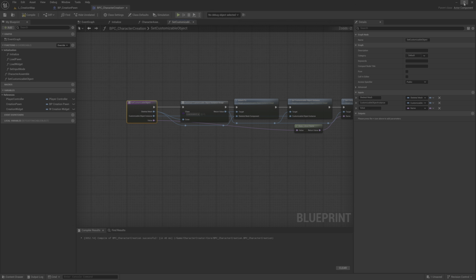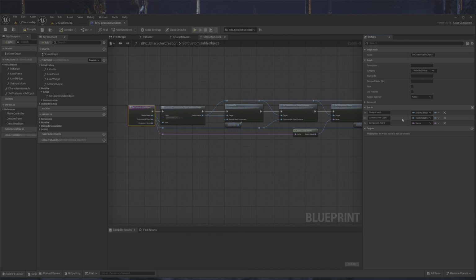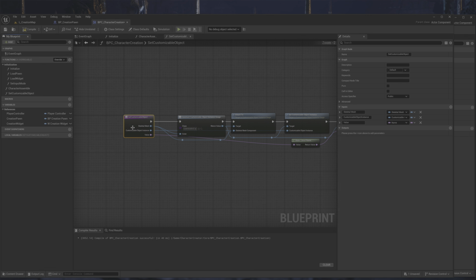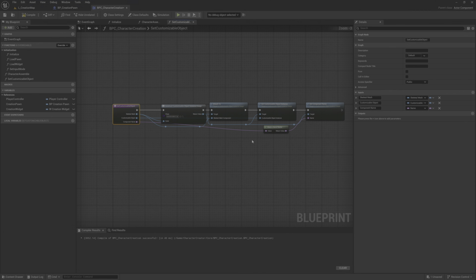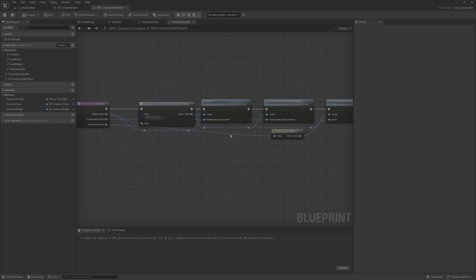Let me check the names. This is customizable object, this component name. Remove. It's an instance, but I will just select a shorter name. Okay, give me a second that I will just clean this.